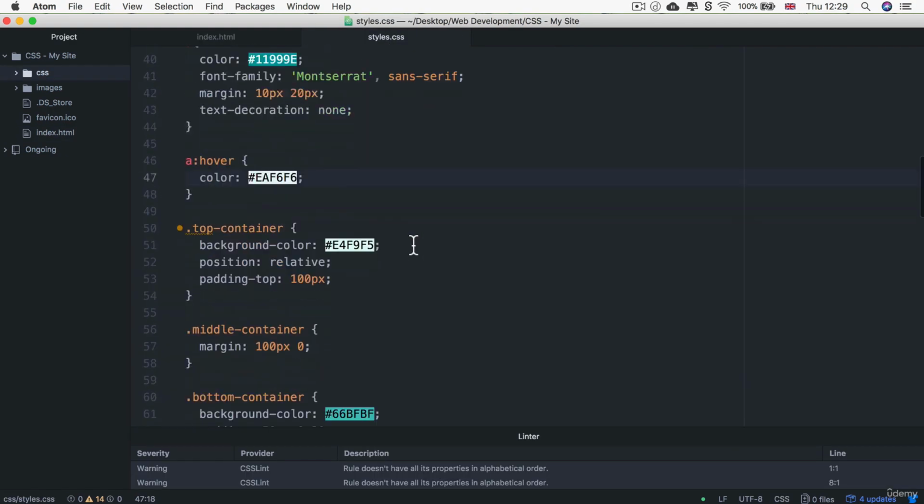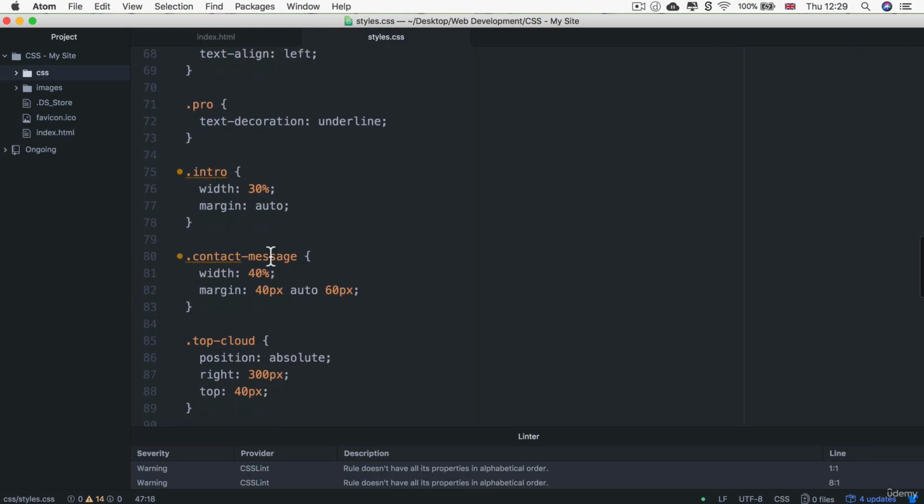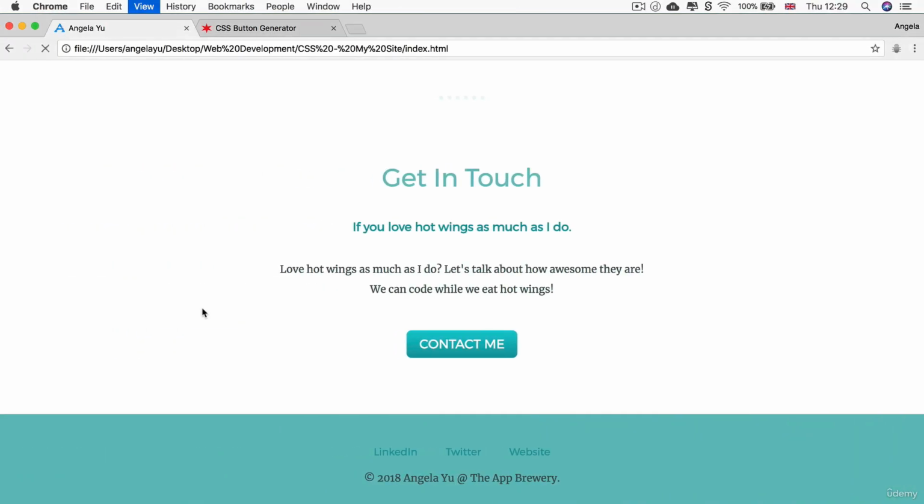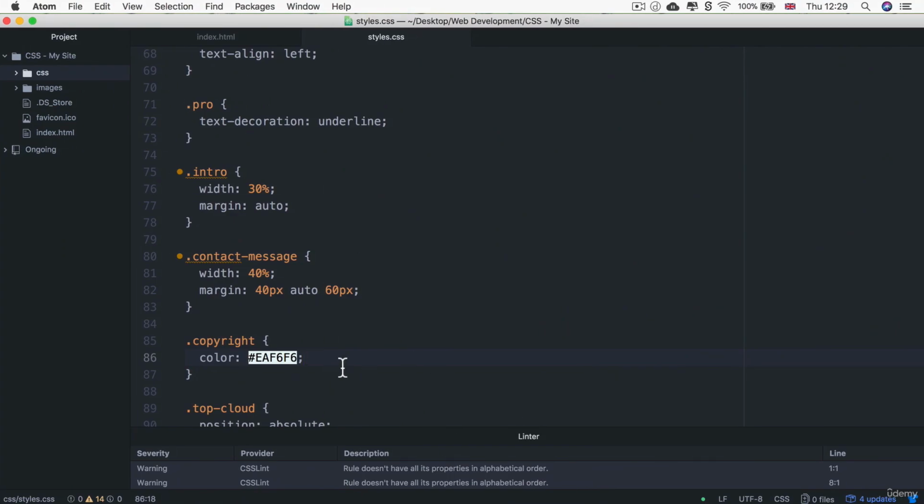So let's go into our styles.css, find the part where we had the text, and let's go ahead and select the copyright message and change its color to the same as we had for our anchor tag rollover state, which is EAF6. Hit refresh, you can see it's now this lovely light white color,